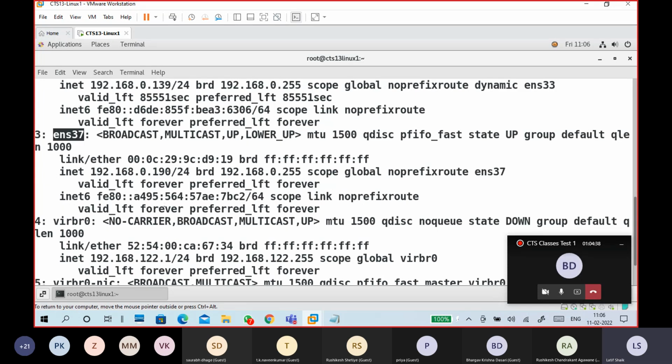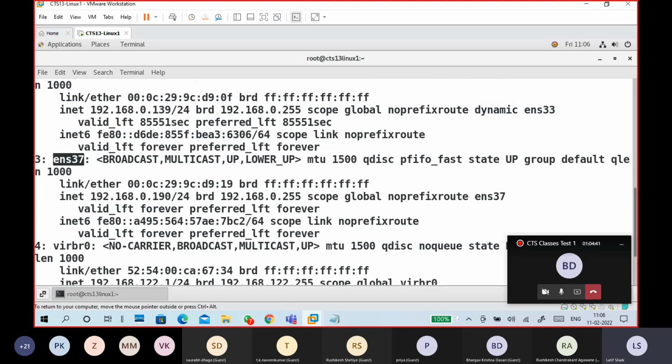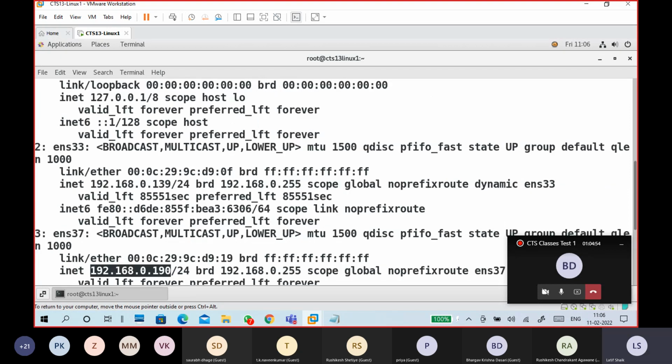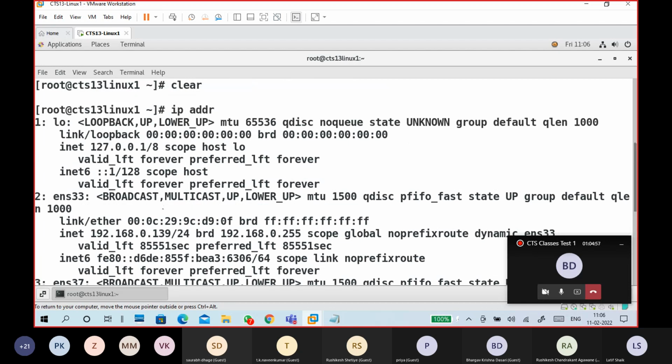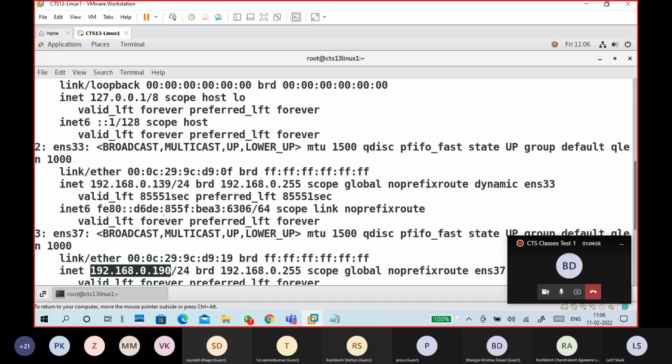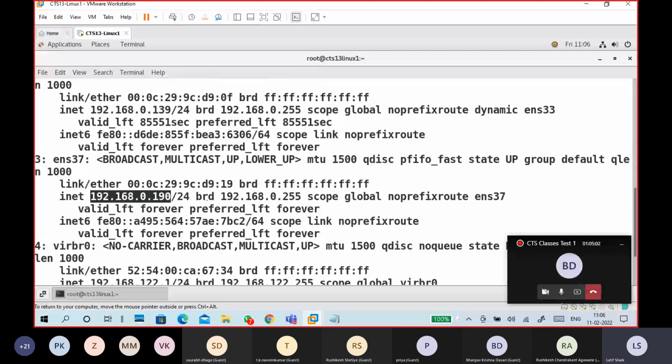Maybe it is saved in a different name. This is my first ENS33, and this is the next one I added, with the static IP address 190 that I gave. The name is correct, but why is it not showing the exact name?